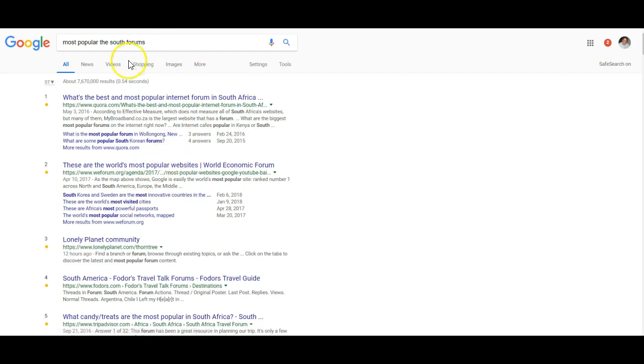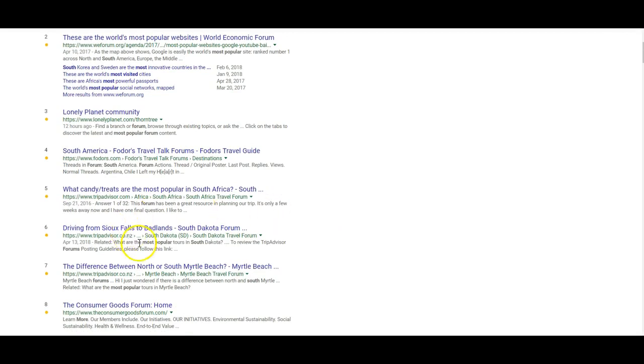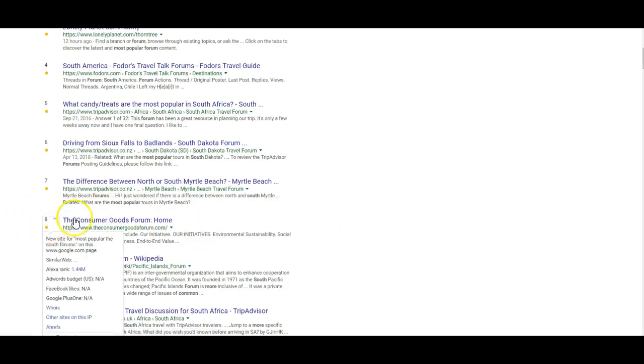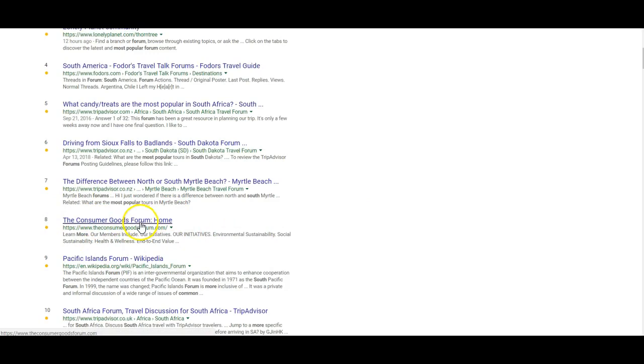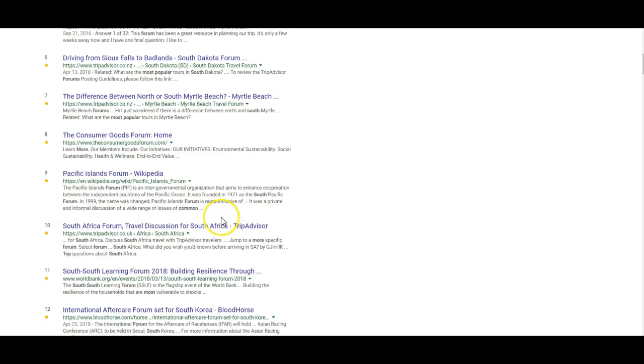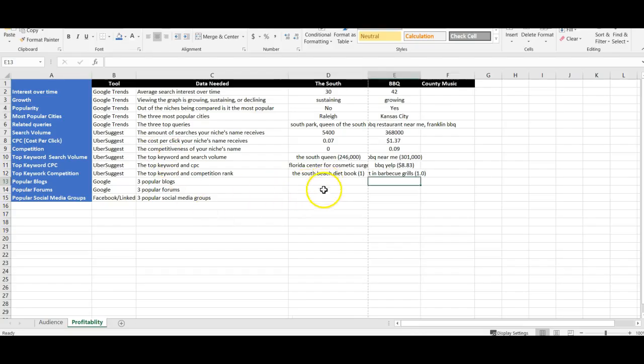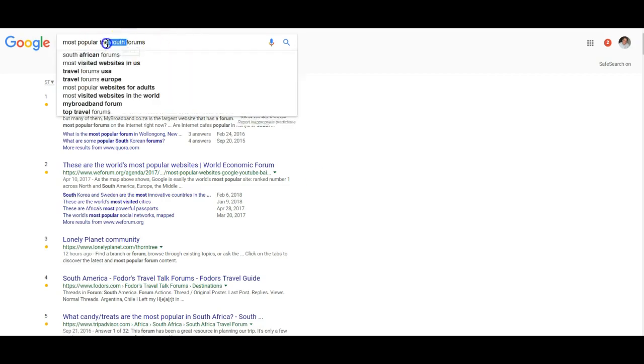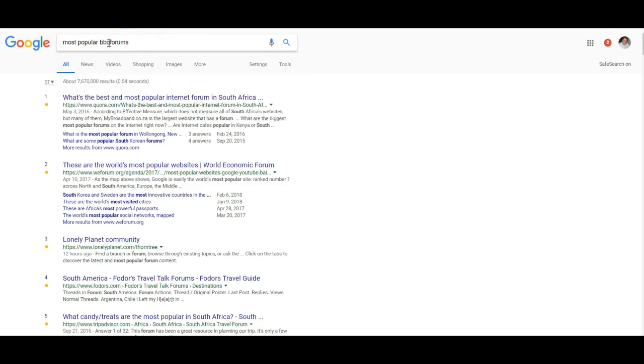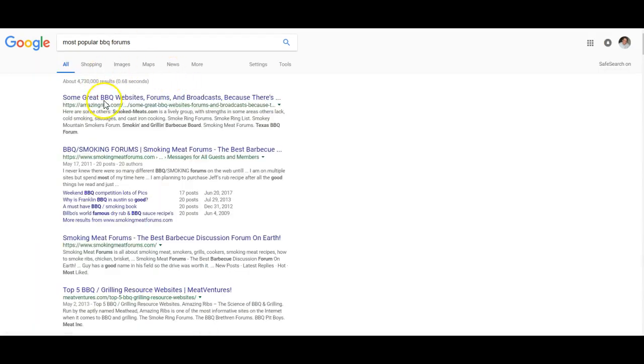But as I'm looking here with this, I'm not seeing a ton of forums, which tells me what I would put on this. We have the consumer goods forums, but that's not really about the South. I would put here no real forums, which is a red flag. No forums found. Whereas let's take a look at the barbecue one. Most popular barbecue